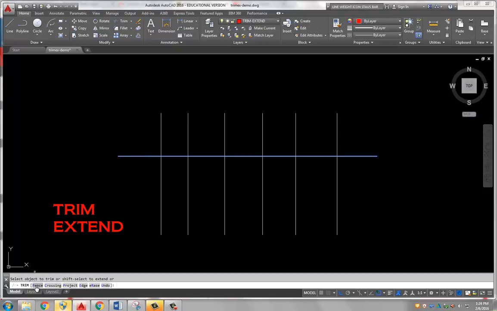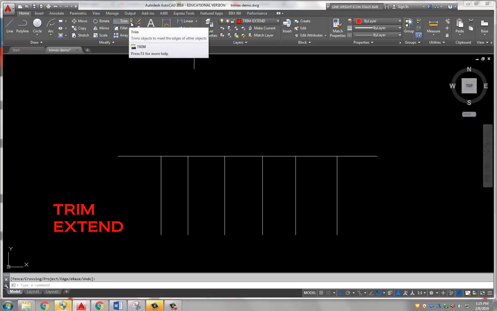This fence option, I'd like you to try. Click on fence, and it says specify first fence point. Now, this little dashed line is our fence. Anything that intersects our fence is going to get trimmed away. Okay, just another faster method of doing it. Because I could also say trim, here's my cutting edge, enter, fence, 2 clicks, take them all out. Okay,